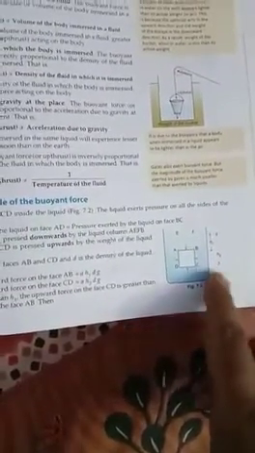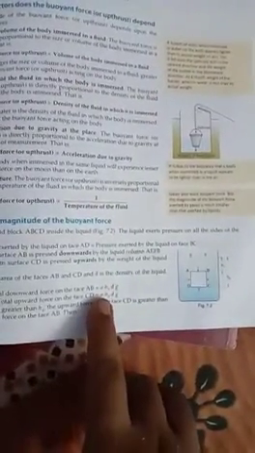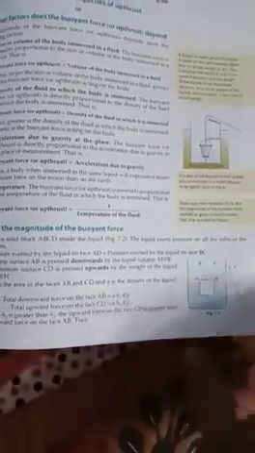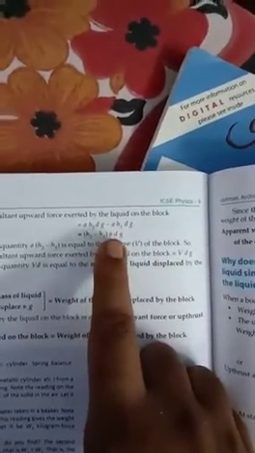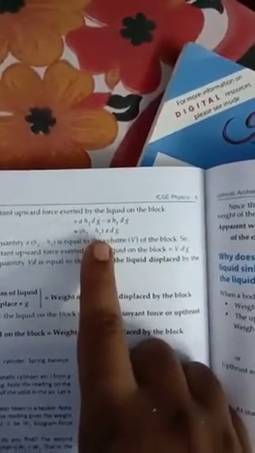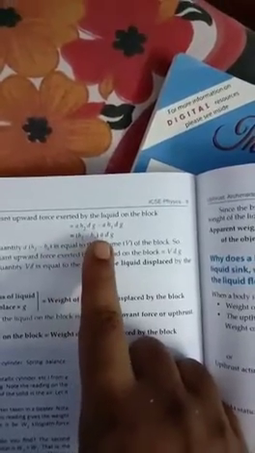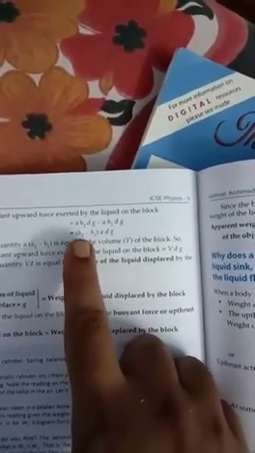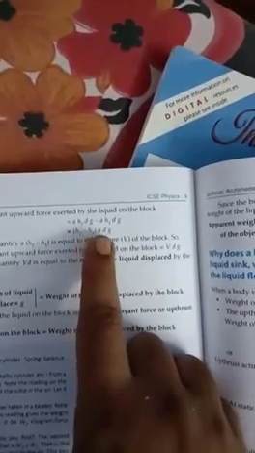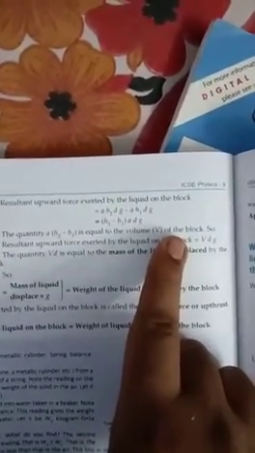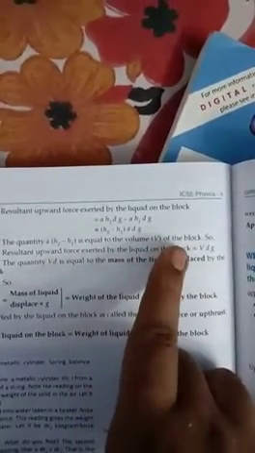If we see that the height H2 is greater than H1, the resultant upward force will be the subtraction of the downward force from the upward force. So we get the value (H2 minus H1) A D G. Again, H2 minus H1 always gives us a length and A is the surface area, so the product of (H2 minus H1) with A gives us the volume of the object, or of the liquid.